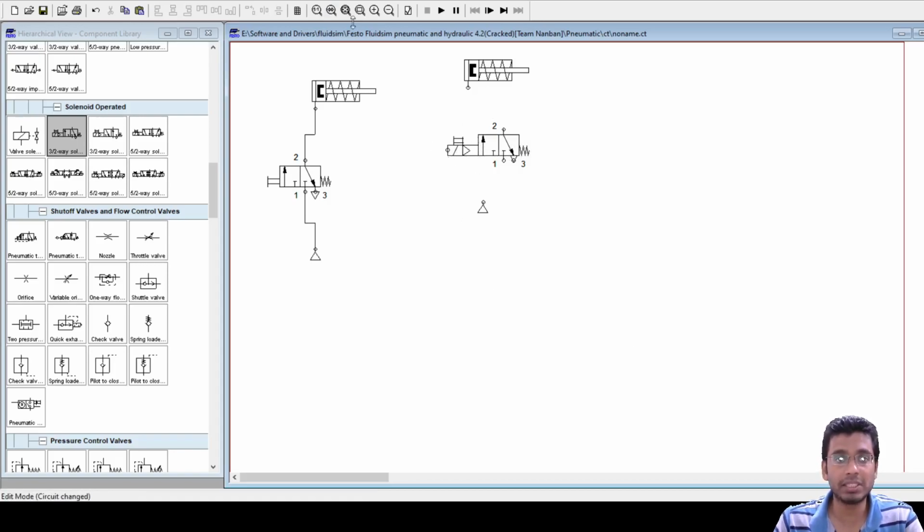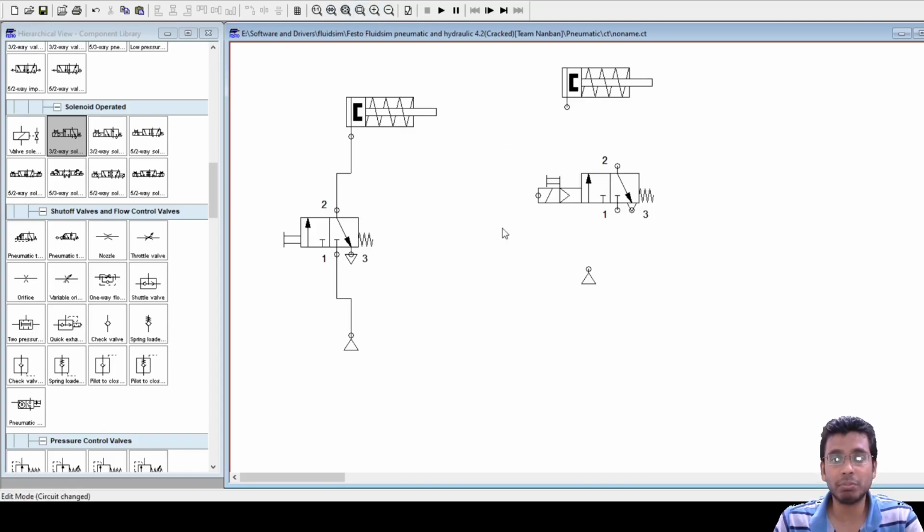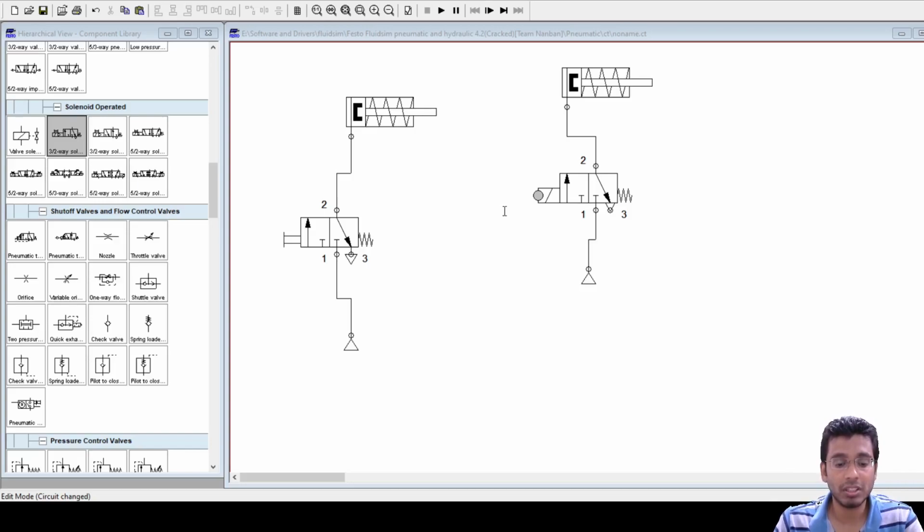Actually, see these symbols. In this symbol you have all three: a solenoid symbol, a pneumatic actuated symbol, as well as a push button. So what I'm doing is double clicking that, and removing the pilot source and the manual actuated button. So this is the actual symbol of a solenoid operated 3/2 valve. Fine. So I will make a connection here. And what should be the name given to this solenoid, according to the naming nomenclature that I told you? 1/1. Yeah, good. It will be 1/1.